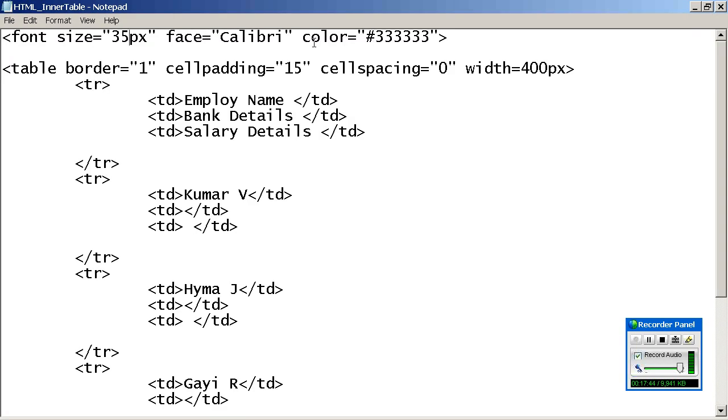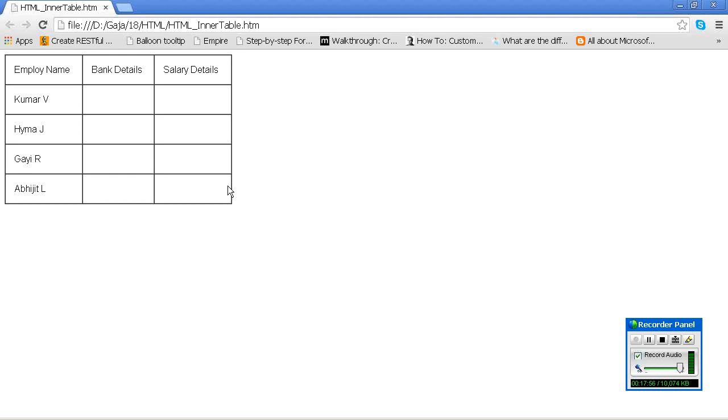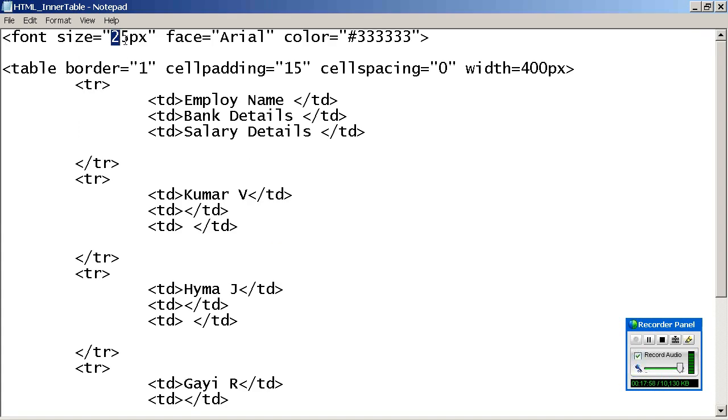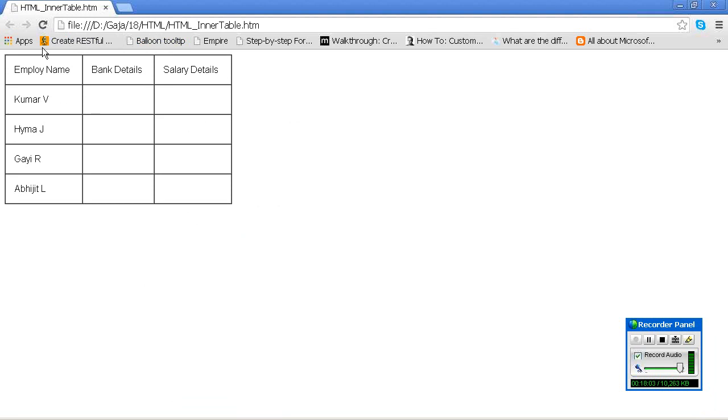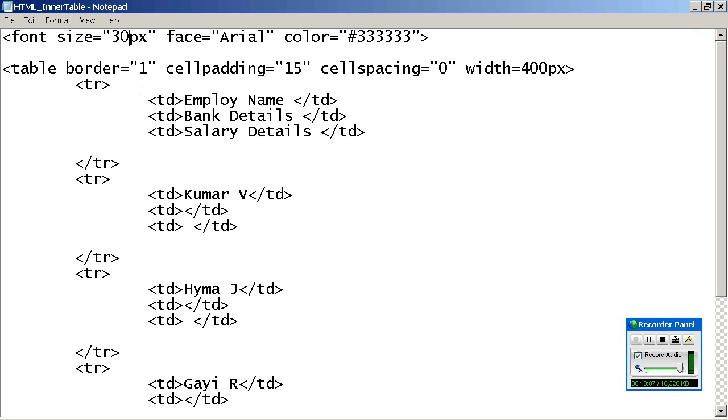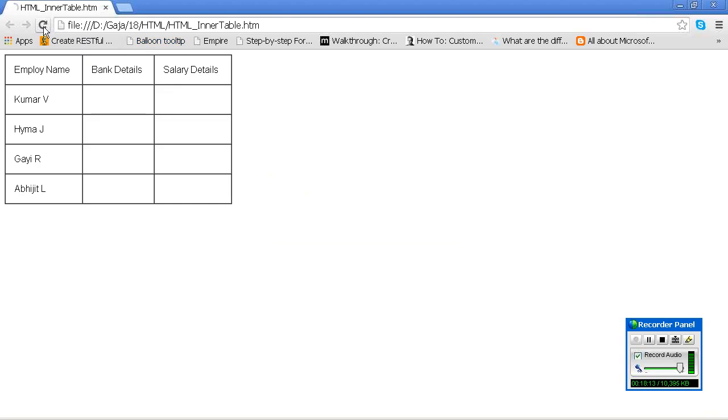Something went wrong somewhere. Instead of pixel, these points also you can use.